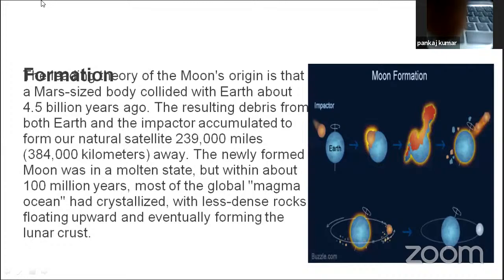The newly formed Moon was in a molten state, but within about 100 million years, most of the global magma ocean crystallized, with less dense rocks floating upward and eventually forming the lunar crust. इसके images में मून का फॉर्मेशन दिखाया है, कैसे बना हुआ है। ये हमारा जो राइट नीचे प्रोग्राम है, ये फाइनल मून है।